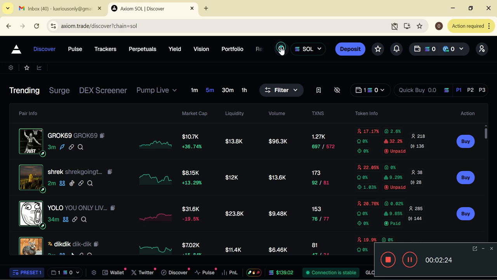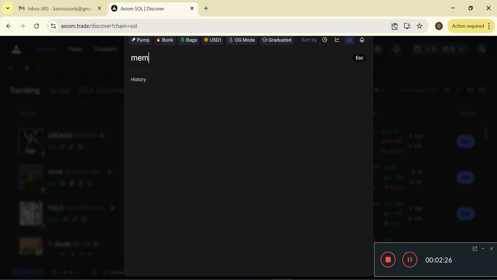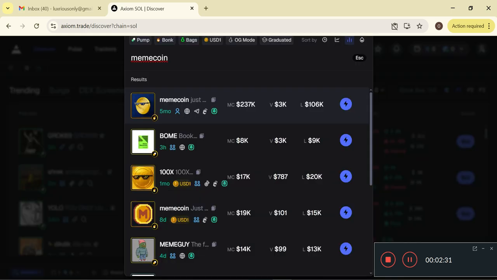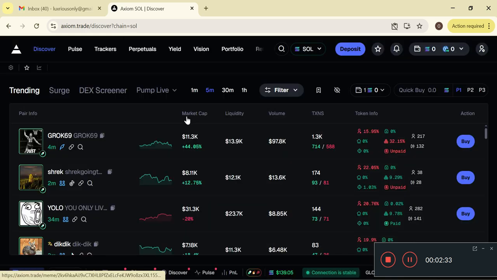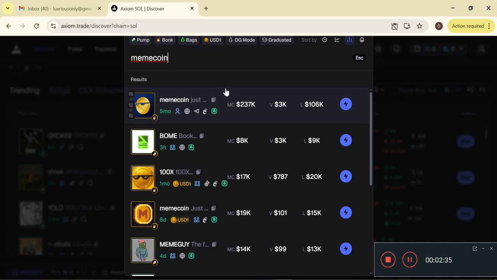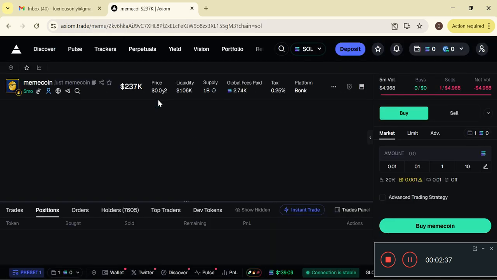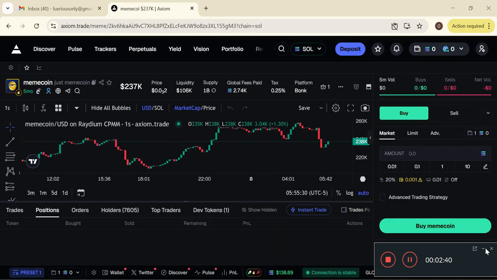So in this option you can search for the coin. Let's suppose we want to search for meme coin. So you will get this meme coin here, and the platform is Solana. So I will select meme coin and it will display us all the data. So here finally I have selected the meme coin.